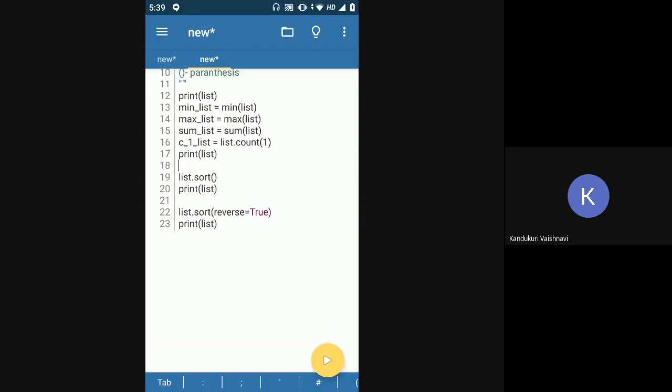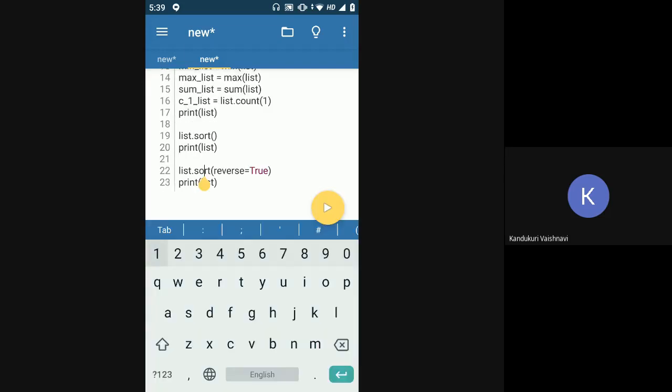Yeah, basically. If you do not put any value inside the parentheses, then it will by default sort in ascending order. If you put reverse is equal to true, it is now sorting in reverse order, that is descending order, right?